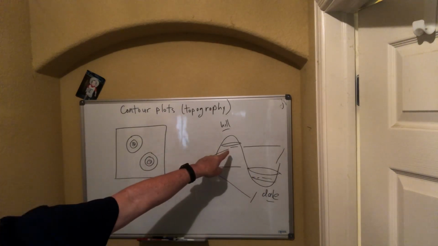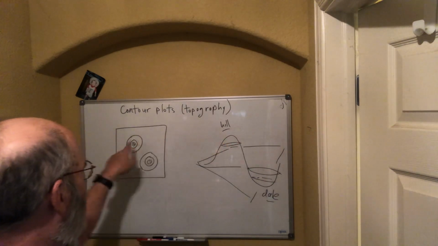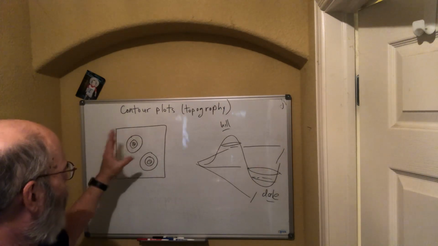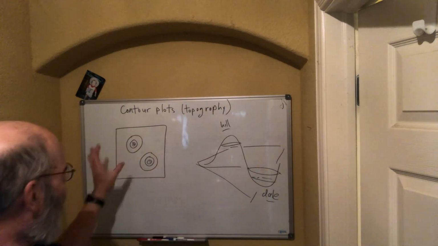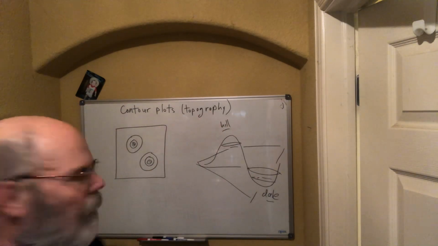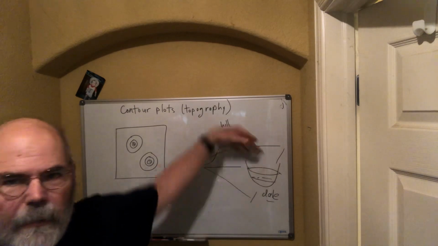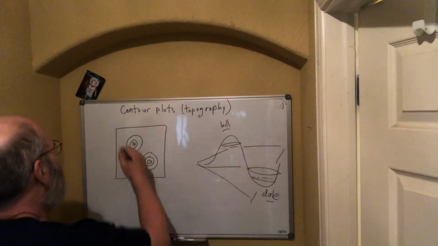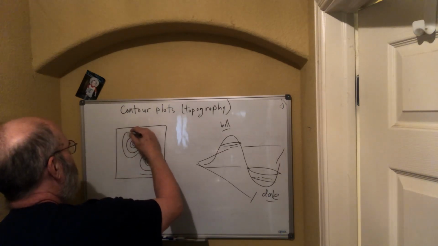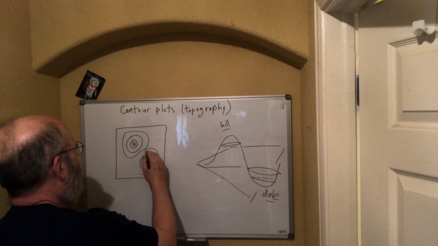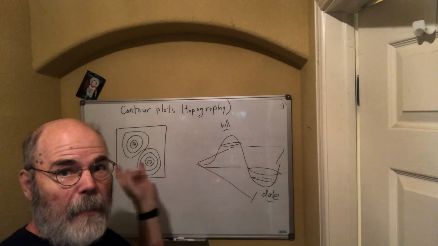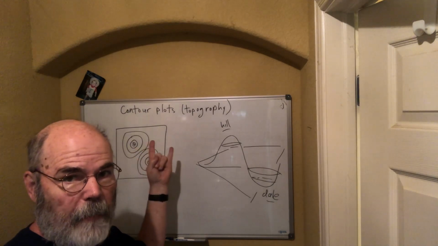And then this bump here, which sticks up, becomes a circle sitting up here like this, with an indication that each circle gets smaller and smaller because it's reaching more of the top of the hill. On the other hand, this one over here just goes the same way down. If you think about it, something like that. But when I put those together, I can represent that same information in a two-dimensional representation,